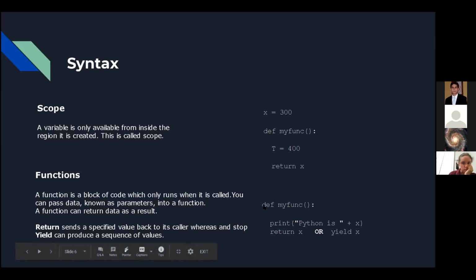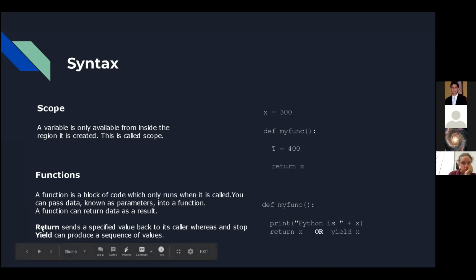You define it with the def keyword, then you call it whatever you want, and then you have these parentheses. In this case, it doesn't take any parameters, but you would put parameters in here, and we're going to learn about that in a minute.